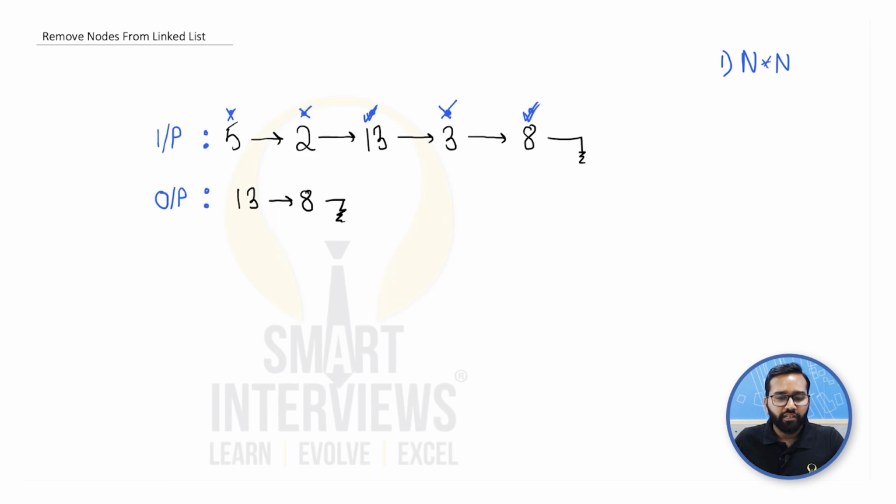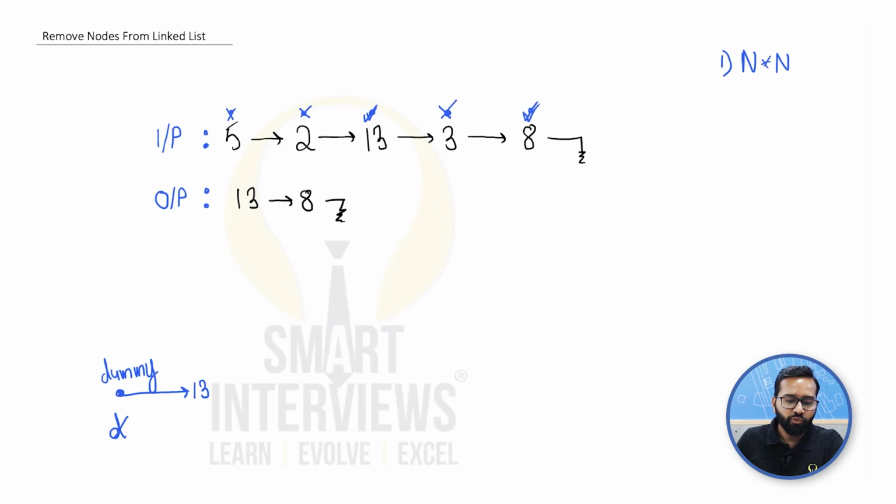And for the implementation perspective, we can always start with an empty node, say a dummy node, and we can keep appending the nodes to the current node. Say the node is D. The moment we see that 5 is less than the max on right, we do not consider 5, same thing for 2, but for 13, the moment we see that 13 is greater than the max on the right side, we will add 13 to the new list. We will simply say d dot next equal to 13,